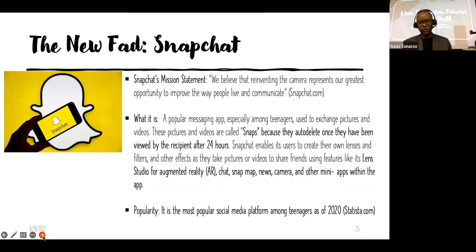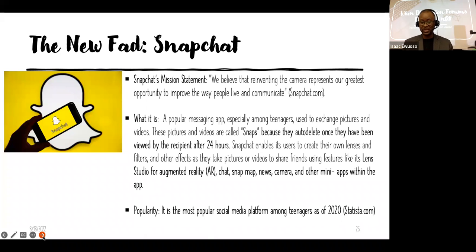It's the most popular social media platform among teenagers as of 2020. This is from Statista. A few other stats: in the year 2020, the year of the pandemic, 36% said Snapchat was their favorite, 30% said it was Instagram, and 4% said Facebook was their favorite.